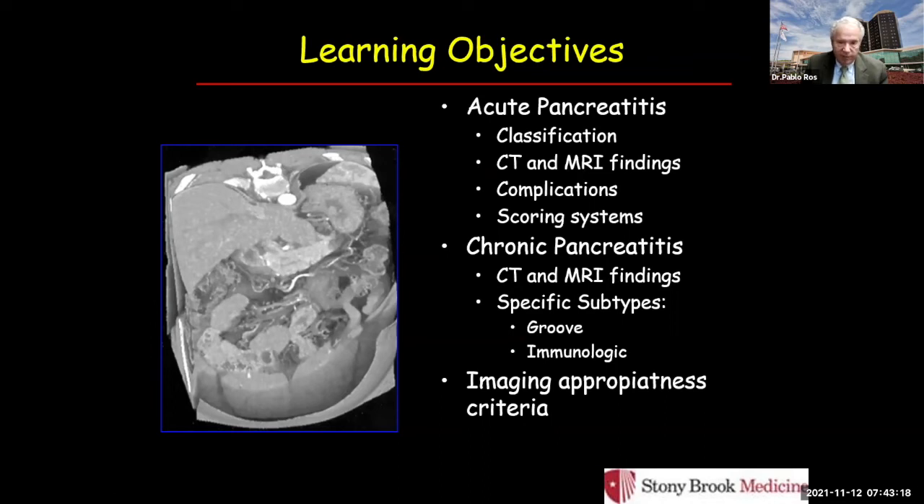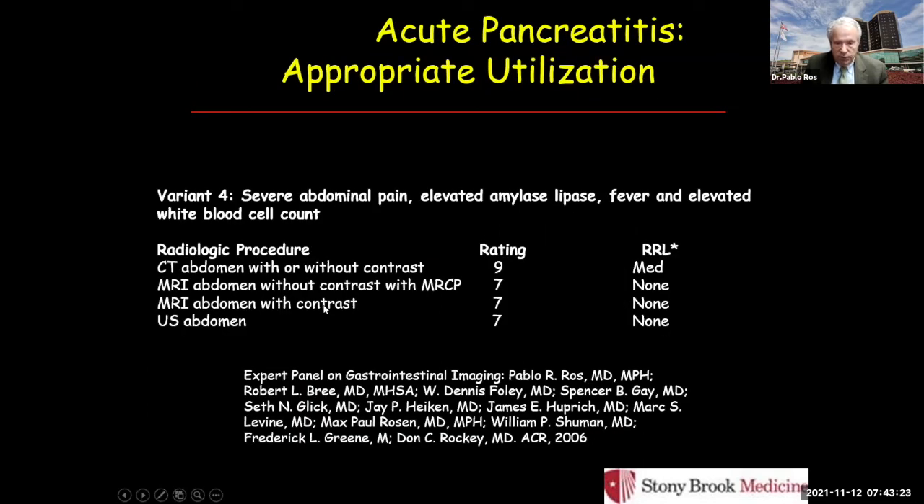Let's spend a couple of minutes before the question and answer session on appropriate utilization. Appropriate utilization is an effort of the ACR to produce guidelines. The intention is not to tell you how to practice, but to give you guidelines that, in most recent years, since the early 2000s, include not only the rating, but also the relative radiation level, the RRL. So at the end of the day, for severe abdominal pain, elevated amylase and lipase, fever, and elevated